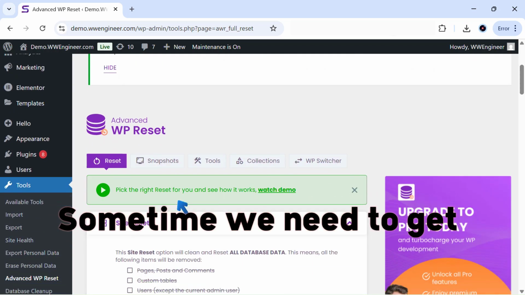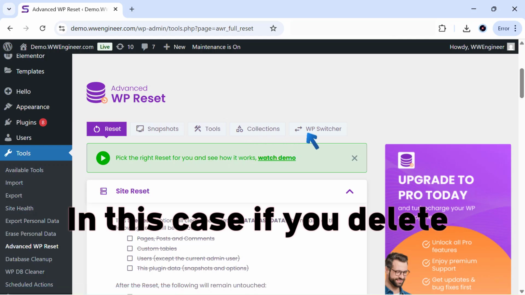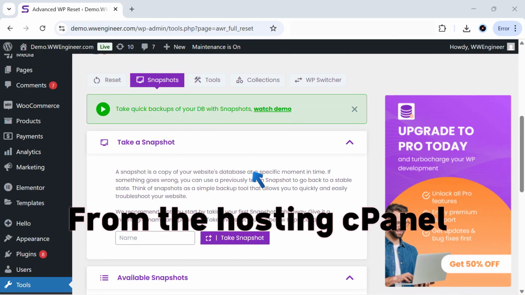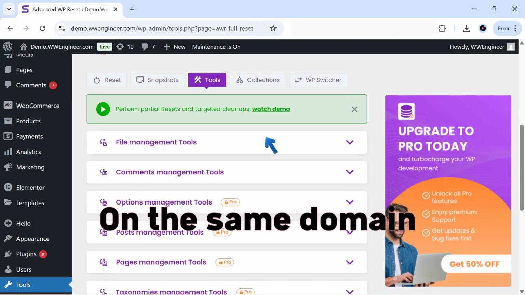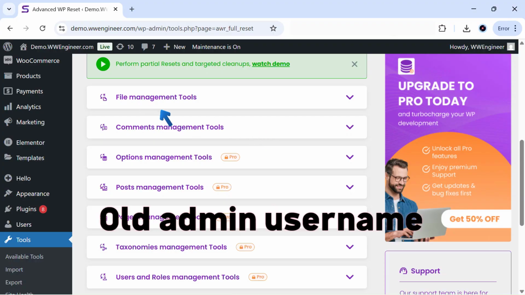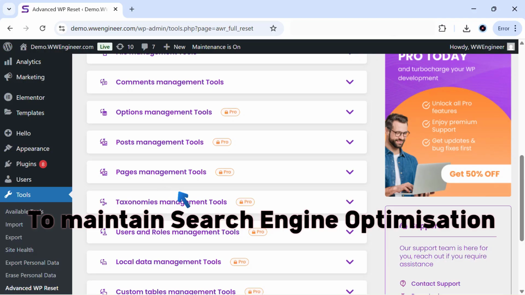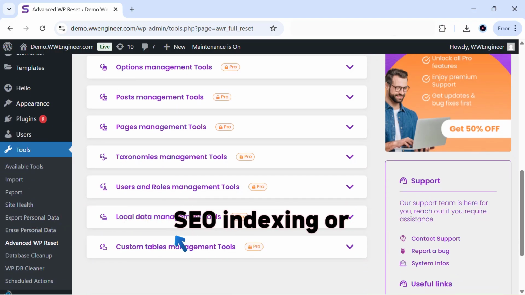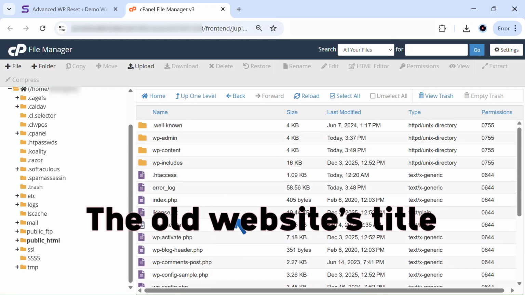Sometimes we need to get a fresh new website on the same domain. In this case, if you delete the full website from the cPanel, and after that install WordPress on the same domain, then you probably set it up with your old admin username, password and email. To maintain search engine optimization, SEO indexing or Google search result, definitely you need to keep the old website title,